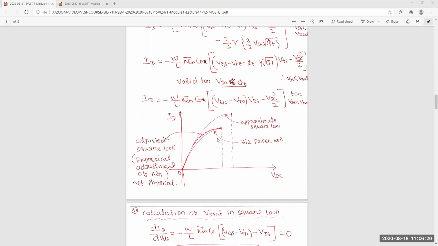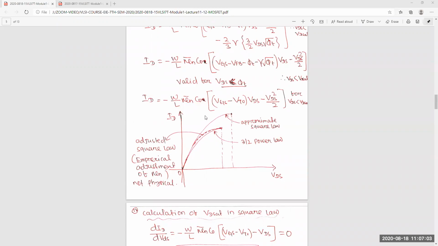So it's not different, it's the same, because it is an initial approximation. After that, what have we done? We have done some adjustment, mu n adjustment, decreasing mu n. It's an empirical decrease, it's not physical. We are setting some fitting parameters so that we get this type of curve. And finally, in your model, when you do computer simulation, the model you use is also fixed, meaning adjusted. So you will not get this, you will get this. Yes or no? Yes, sir.